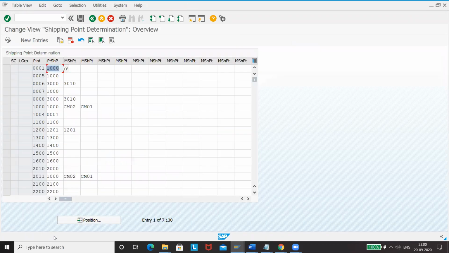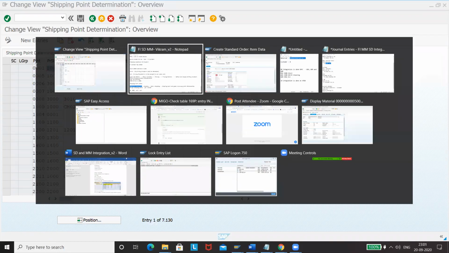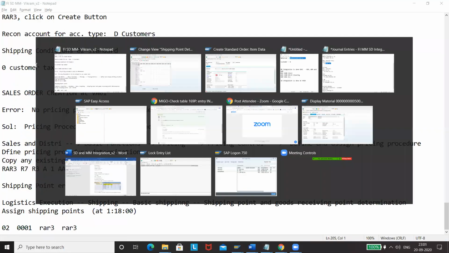So assign shipping points. Here you have to maintain these things. So this one shipping conditions, and this one loading group and the plant. We have to maintain our settings similar to this.